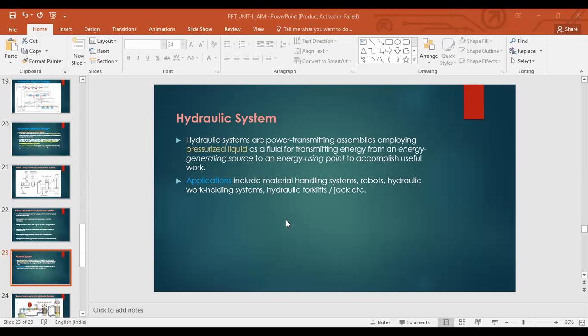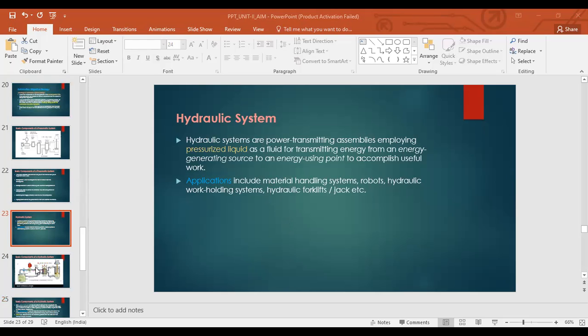So you see, those are all the applications, right? From material handling to robots. That's a very good example to give, because almost all the robots that we see used in industry, industrial control systems, operate with a hydraulic system as their major driving system. Okay, so not just for material handling, but also work holding devices. They also use hydraulic systems to actuate those.